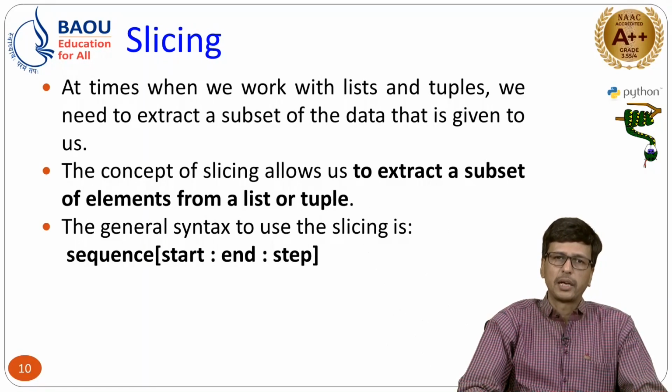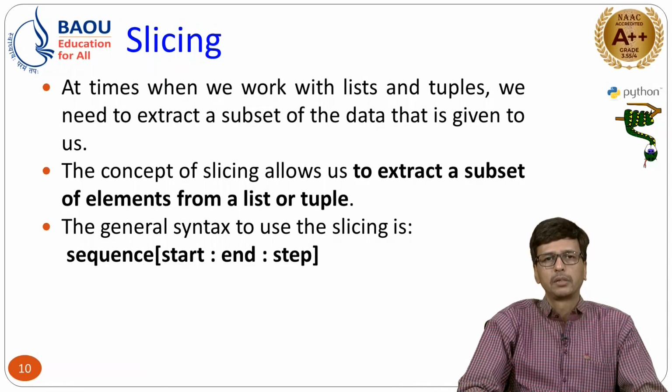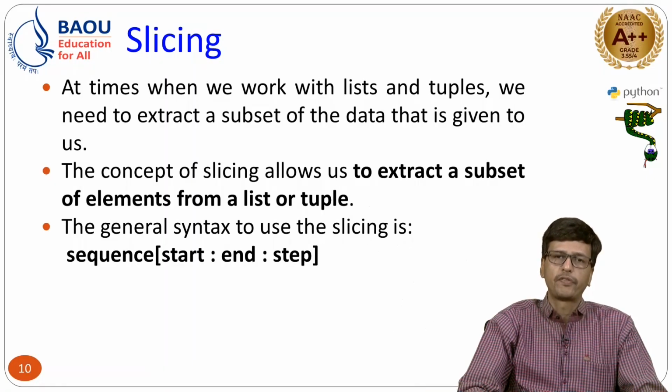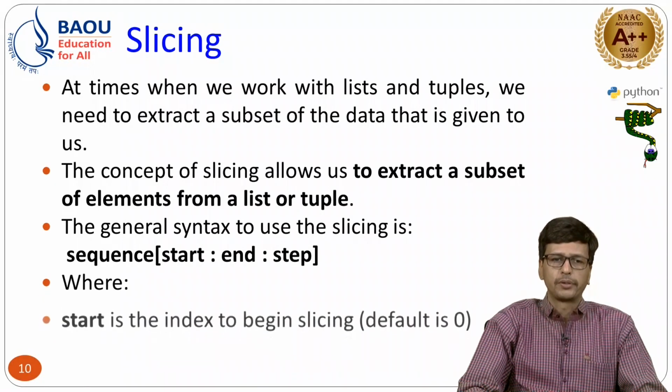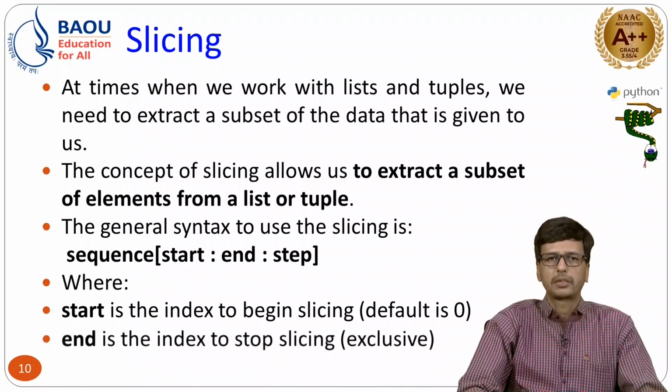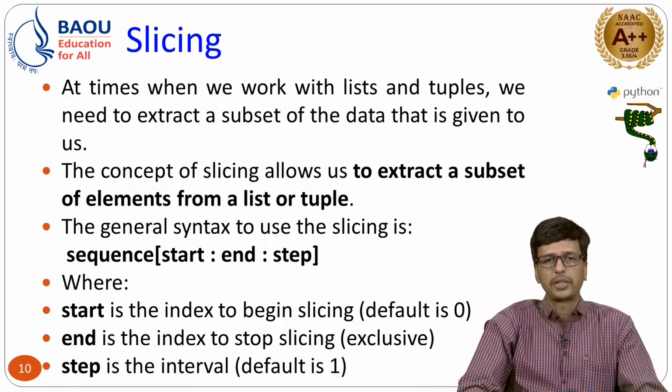So the first element will be printed, then it will skip 2 elements, and then the third element will be printed. So what is the interval size that you have to define here in the step, right? Here the description will be given: start, that is normally the index value starting with 0, and for stopping the slicing,